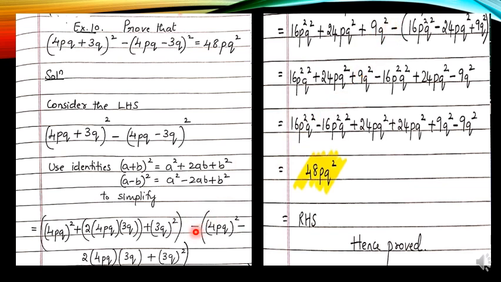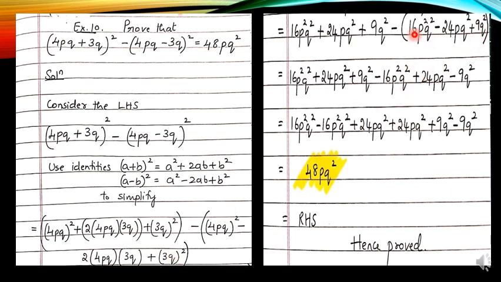Minus, write the minus sign as it is, then open a bracket and write all this, because this minus applies for all the terms after the simplification also. So you should write a bracket that shows that this minus should be multiplied with all the terms. So we will write the minus sign as it is, and then 4pq the whole square is 16p square q square, minus, here we have minus, so minus sign as it is, then 2 into 4pq into 3q is 24pq square, plus 3q the whole square is 9q square.